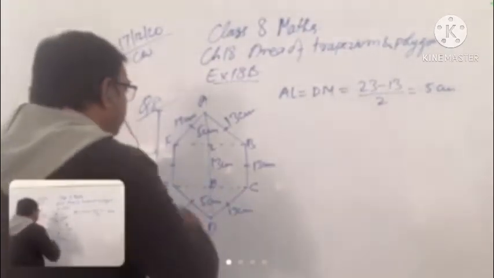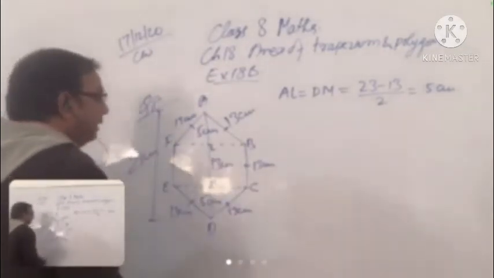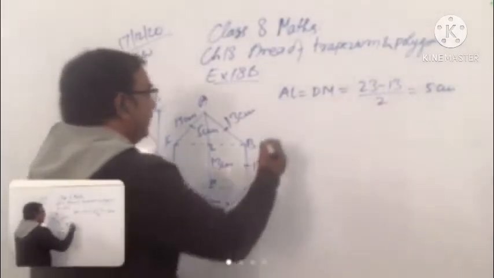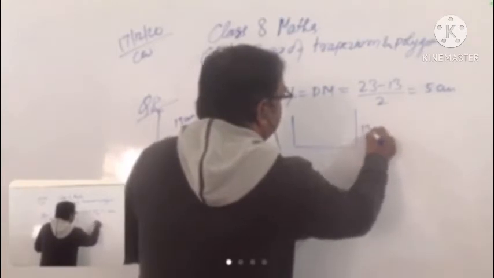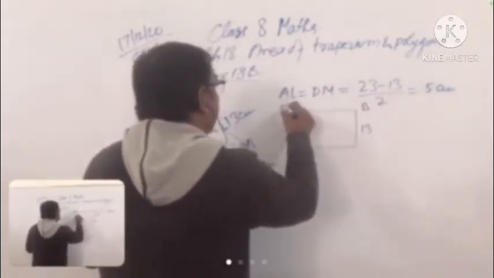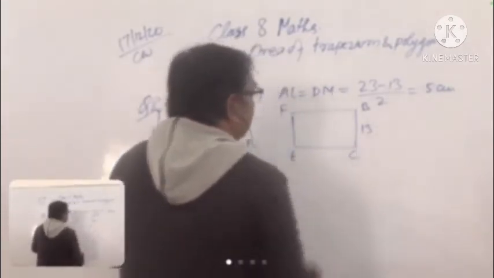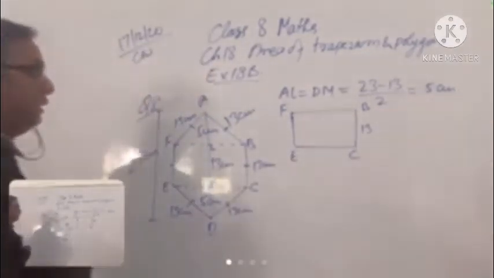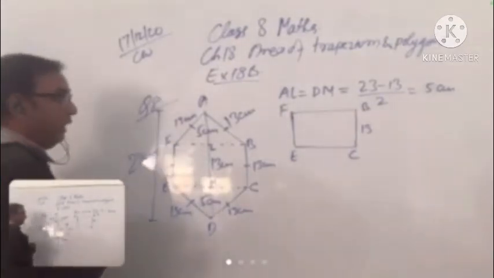First, because it is a rectangle in between this figure, and we know that one side is 13. Suppose we take out this rectangle from here to here, and we know that this is 13, and this is B, F, E, and C. Then how do we know that FB and CE? Is there any idea about this?